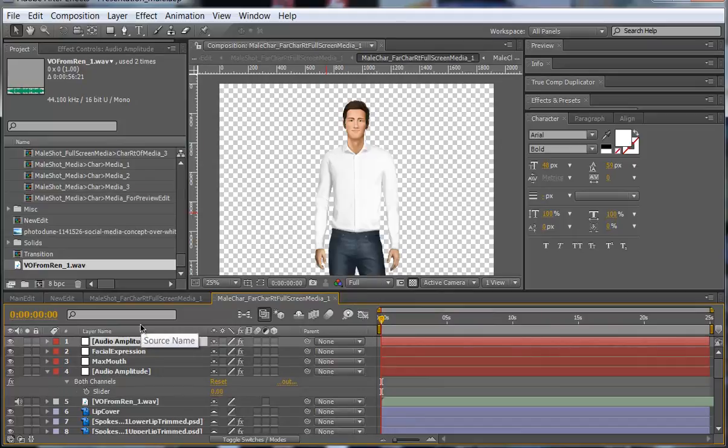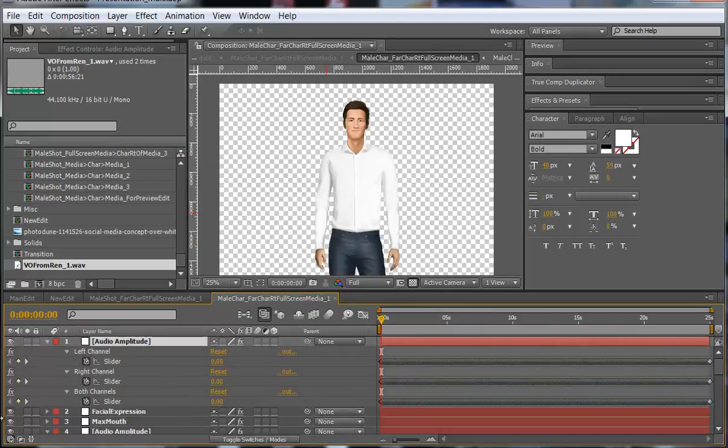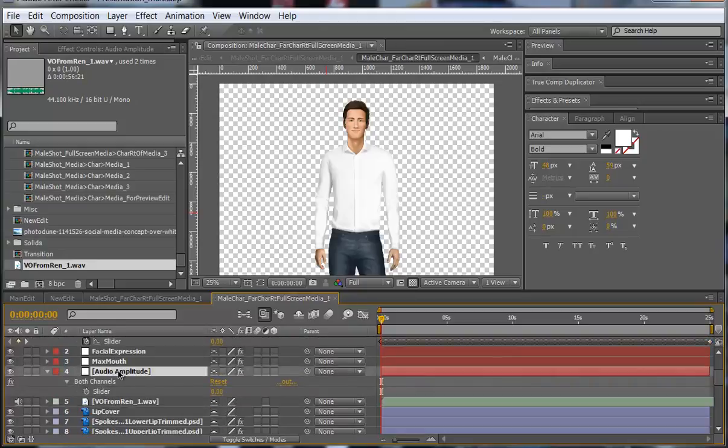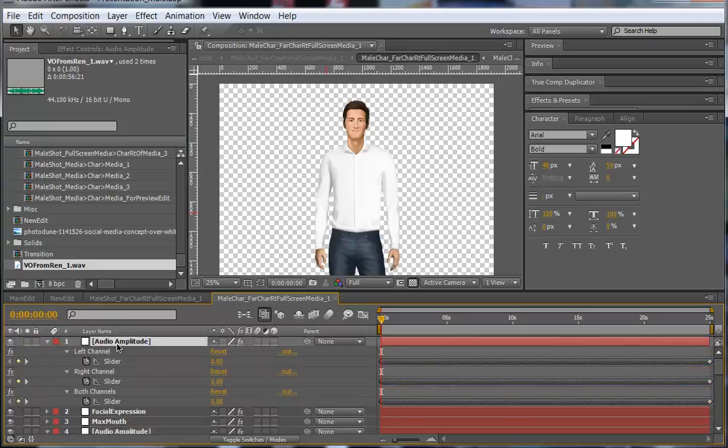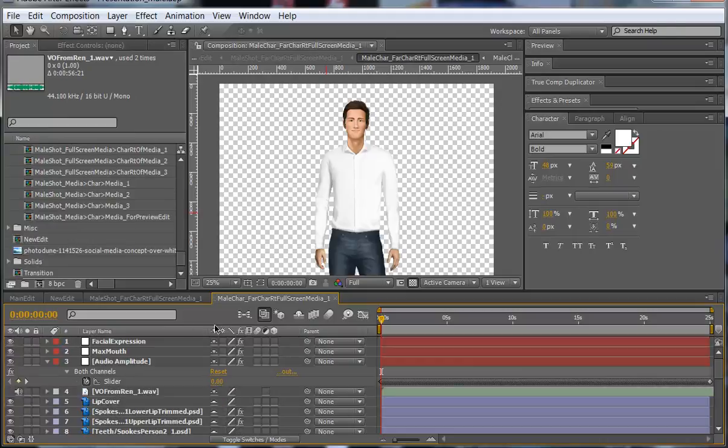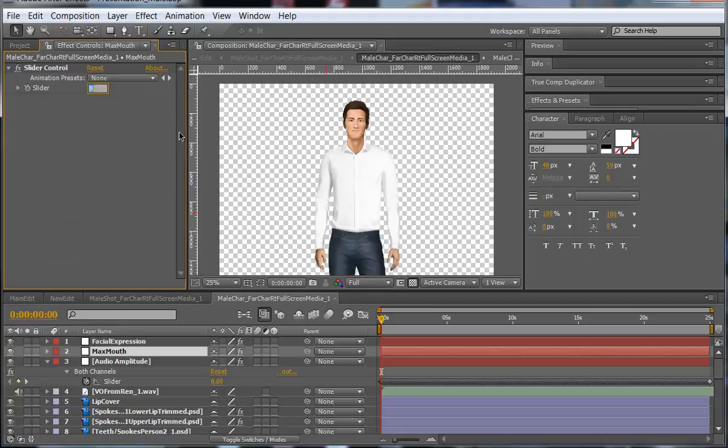select U as in user, select the slider here underneath the both channels, Control C to copy, select this other audio amplitude layer, Control V to paste, delete this upper audio amplitude layer, and then you adjust your max mouth to whatever you need it to. I'm going to set it to 20 again, and I'm going to leave the facial expression as it is, and